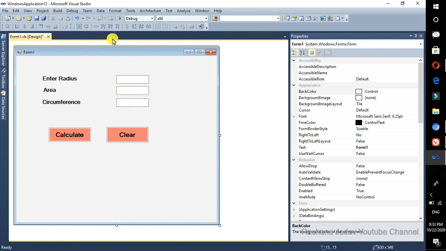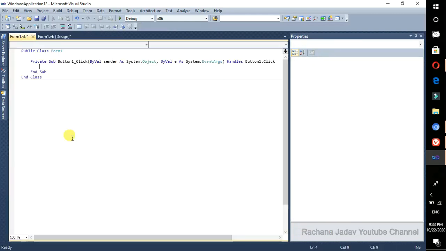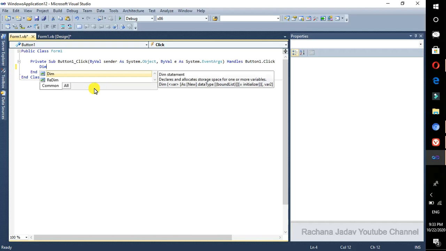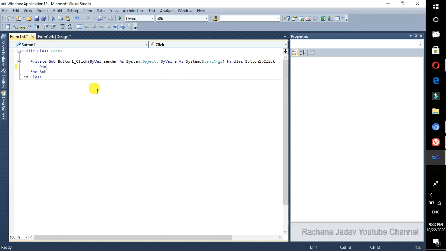Okay, now we will start the coding. As you know, you have to make a double click. As you make a double click, here we will give Dim. I told you at the first that Dim is to declare the variable, right? And in that, radius as Integer. Why Integer? Because we are going to enter only integers.